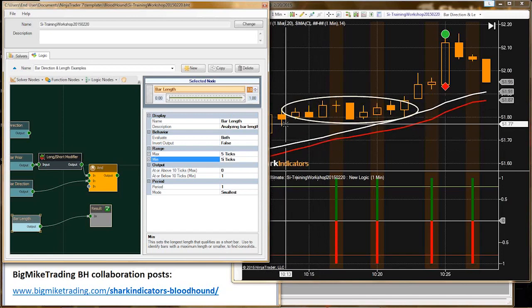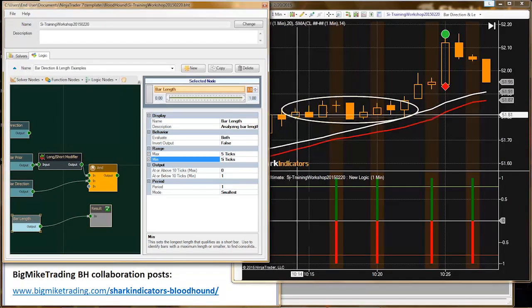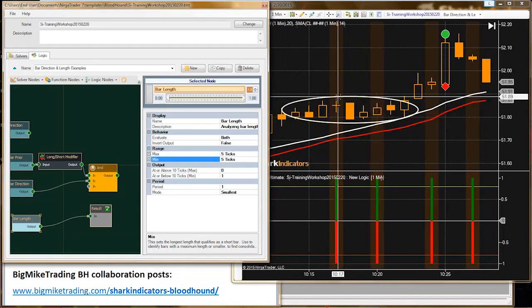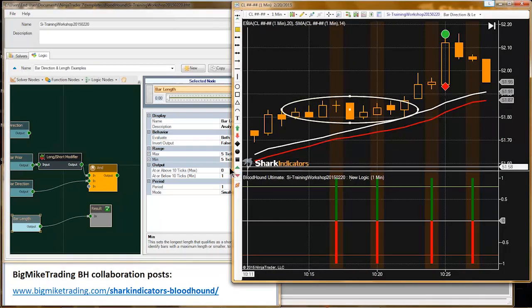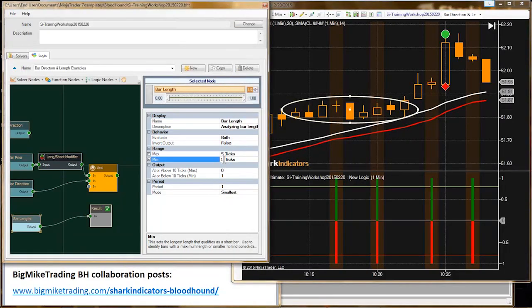You might be using a moving average to see if a moving average is flattening out as well, to kind of identify consolidation, right? So there's various components for identifying consolidation. I'm not trying to say that this is the only way or the best way. It's just a part of the process of finding consolidation here. So let me up this to maybe six ticks,